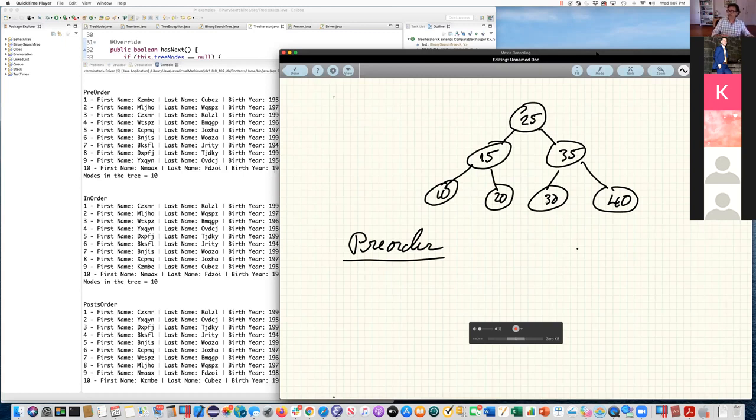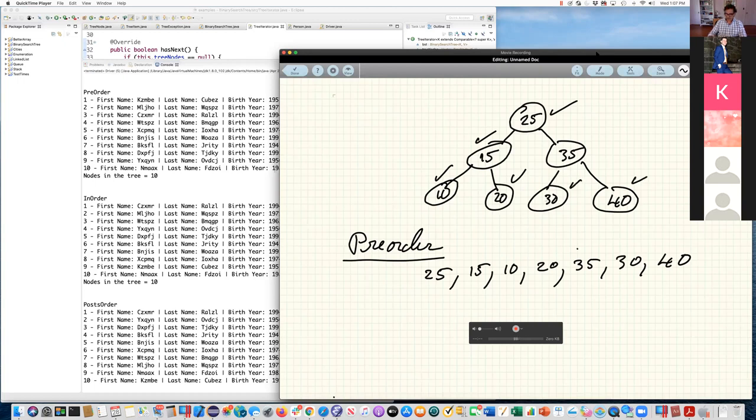You keep visiting the left child until you can't, you backtrack, you go to the right child. So this will give me 25, followed by 15, followed by 10, followed by 20, followed by 35, followed by 30, followed by 40. That's a pre-order traversal.